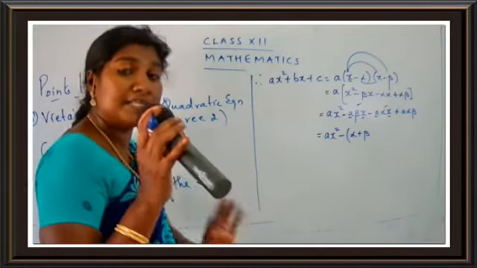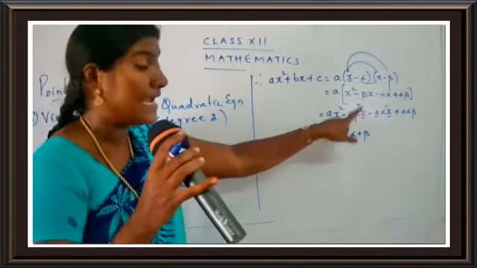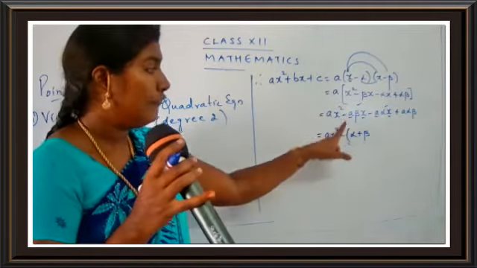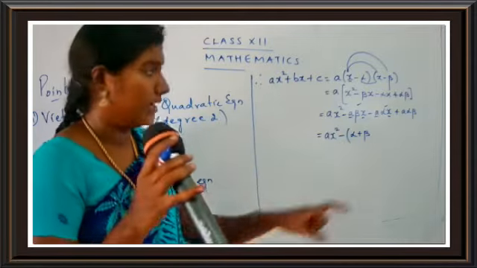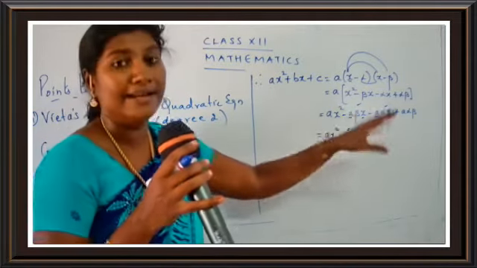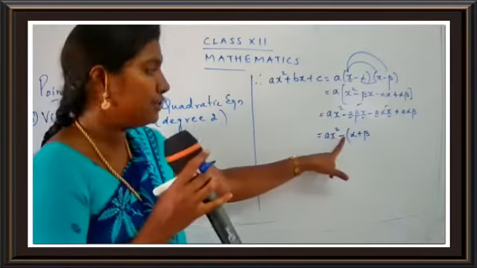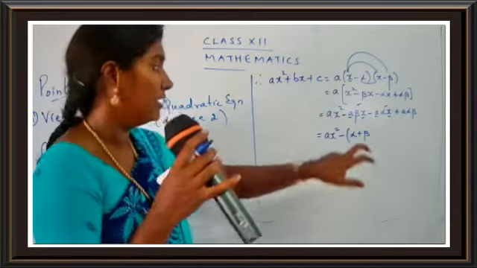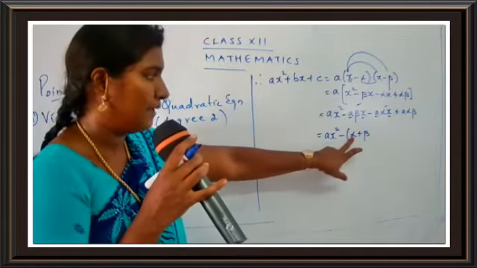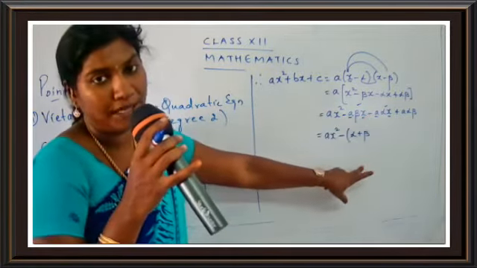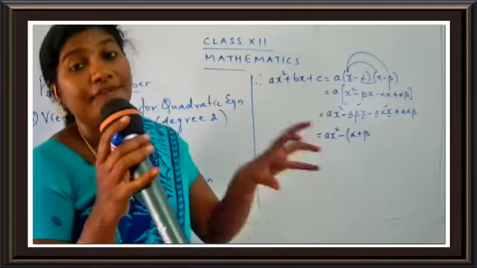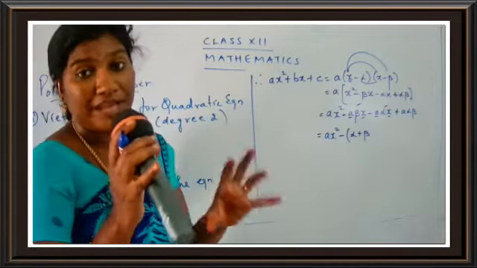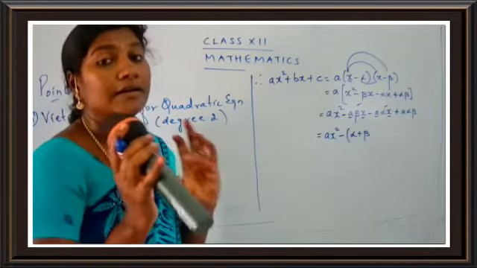If you take the plus sign common, you have to keep the sign as it is. Just remember the point. But once you take the minus sign as common, you have to change the sign. That means the minus will turn to plus. Children, this is the place where a minor mistake or a major mistake occurs. So you have to be very careful when you take a negative sign common.